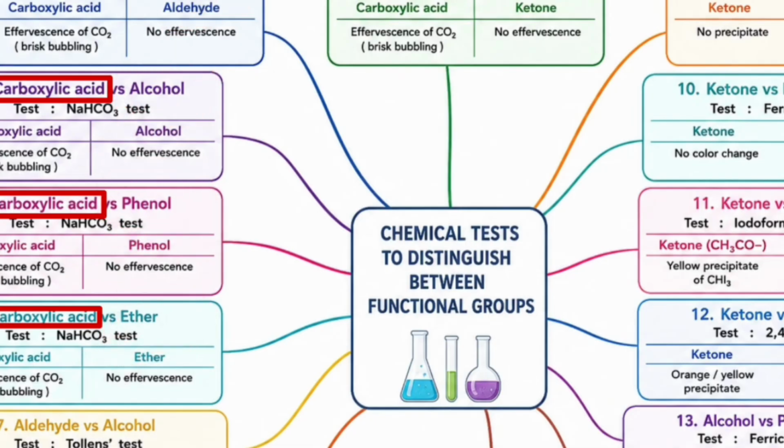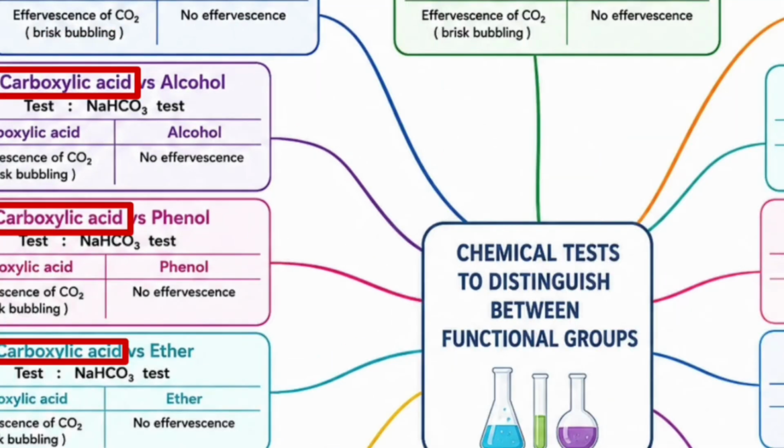bicarbonate test, where carboxylic acid always gives an effervescence of carbon dioxide, a brisk bubbling, whereas aldehyde, alcohol, phenol, ether and ketone all have no effervescence. So the thing to note is that none of them have it, whereas carboxylic acid is the one showing the effervescence of carbon dioxide. Therefore, wherever carboxylic acid is there, always go for the sodium bicarbonate test, wherein you get the effervescence of carbon